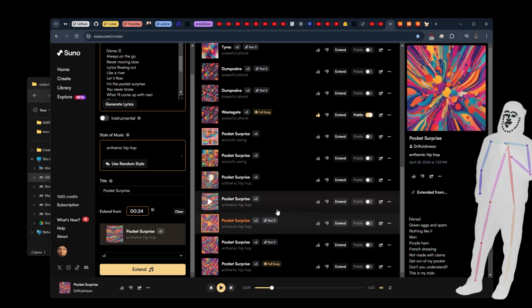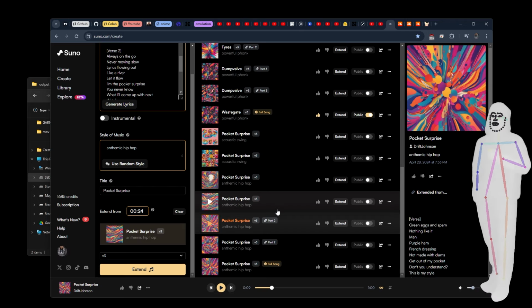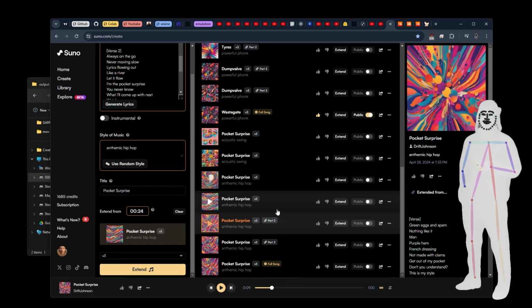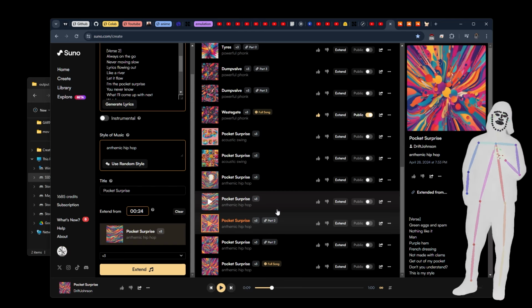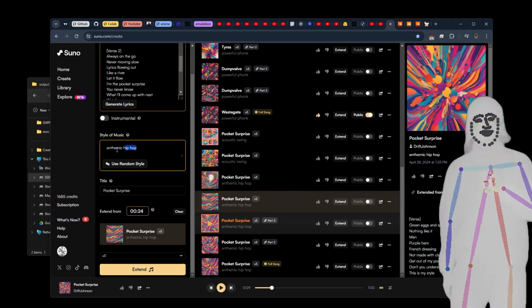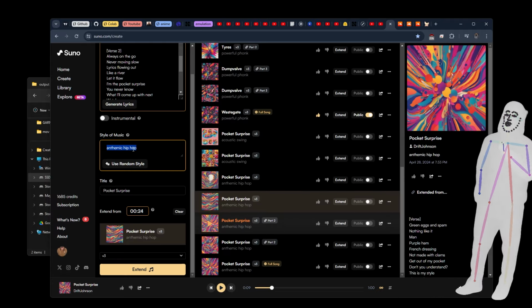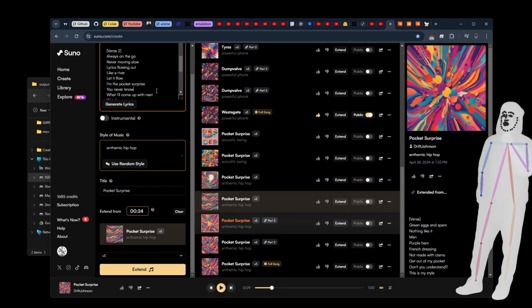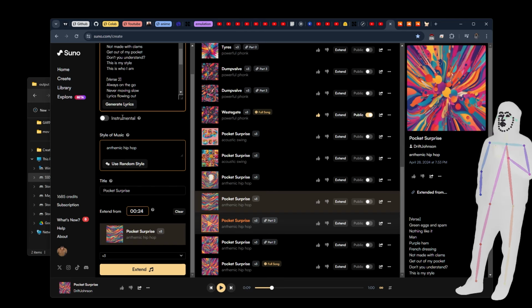You really want it to go to the 2 minute mark and be in the middle of a beat, like a complex beat. Then it's got something to play with into the next section. But it's pretty much just about picking a nice style prompt at the moment. I don't think the lyrics affect the music.